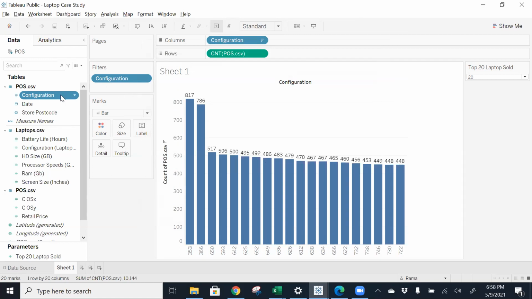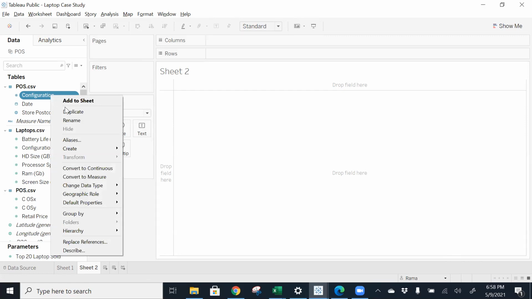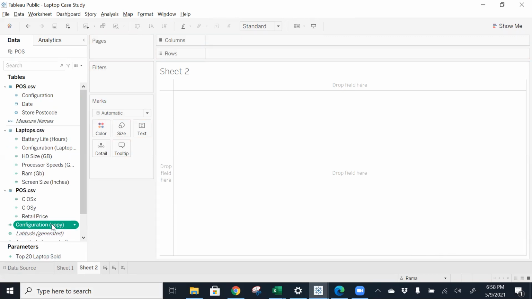So what you can do is, add a new sheet. Now make a copy of configuration, right click and duplicate. Now bring it down, make it a measure. Now drag this field in the columns.